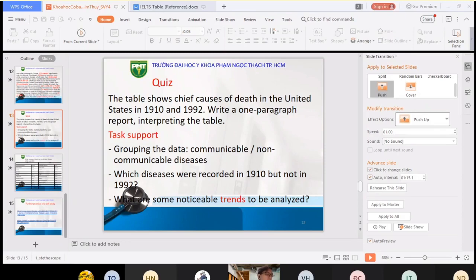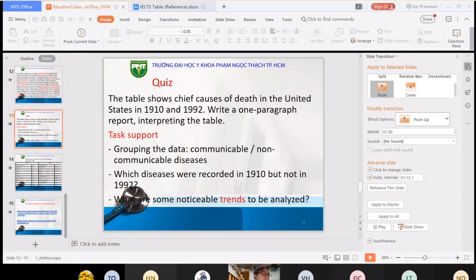Okay, so guys, I have a piece of advice for you. For a table which includes 2 different time frames like this, 1910 and 1992, you should write 3 paragraphs. In the first paragraph you write the introduction and overview. In the next body paragraph you can discuss the features of all the causes of death